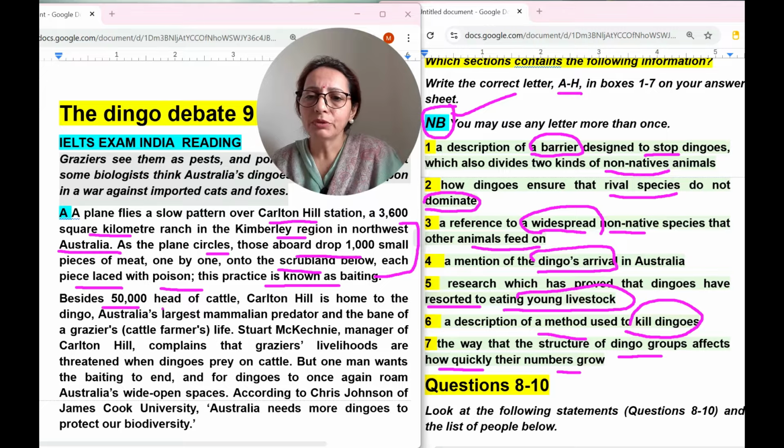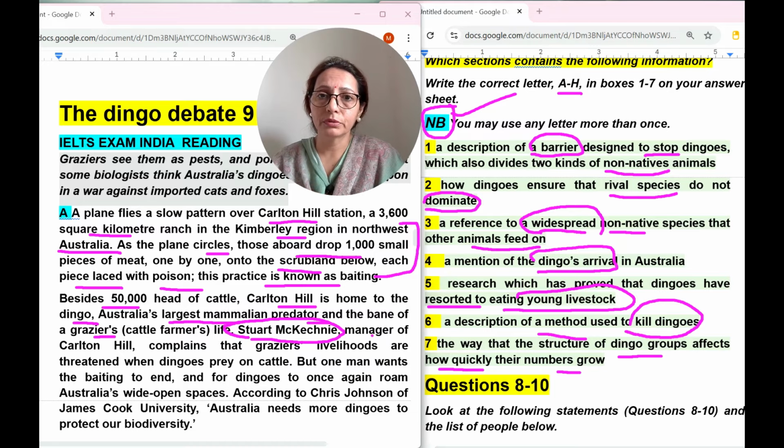Australia. Besides 50,000 head of cattle, Carlton is home to the dingo, Australia's largest mammalian predator and the bane of, okay, the word grazier is also there. Stewart, okay, a person, because we know we have to do the list of people question also. Manager of this complains that graziers' livelihoods are threatened when dingoes prey on cattle. Okay, so what I have understood from the first paragraph, they were giving poison to kill the animal, and for that they are using this plane, and in Australia they are using. So